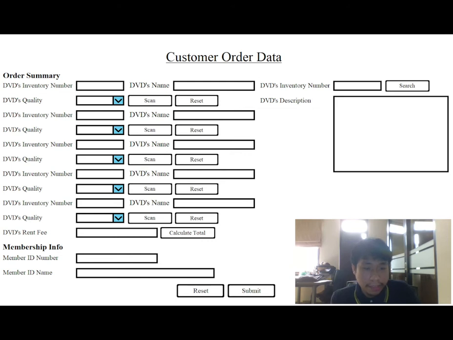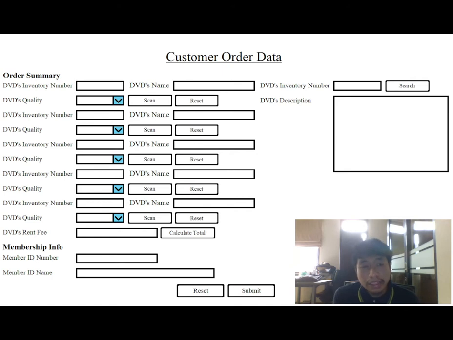The first DVD will be placed in the first row in the text box of the DVD's inventory number on the first row. The second DVD will be placed in the DVD's inventory number text box in the third row, and this will happen automatically. So the moment the DVD is scanned through the RFID, all of this information will immediately pop up in all of these text boxes, and